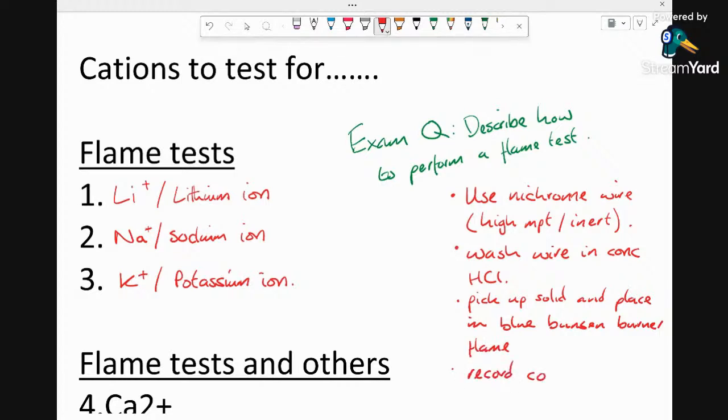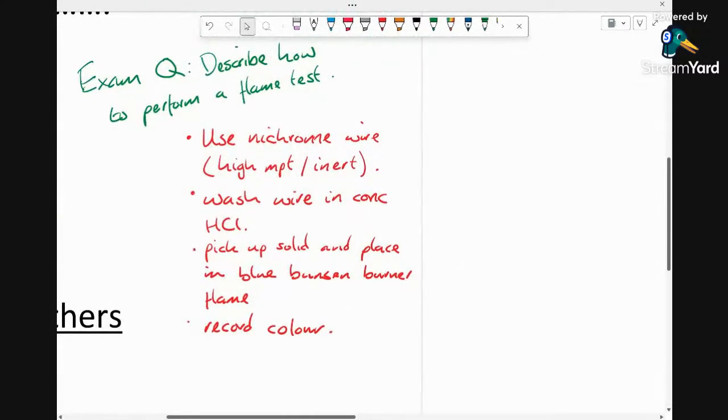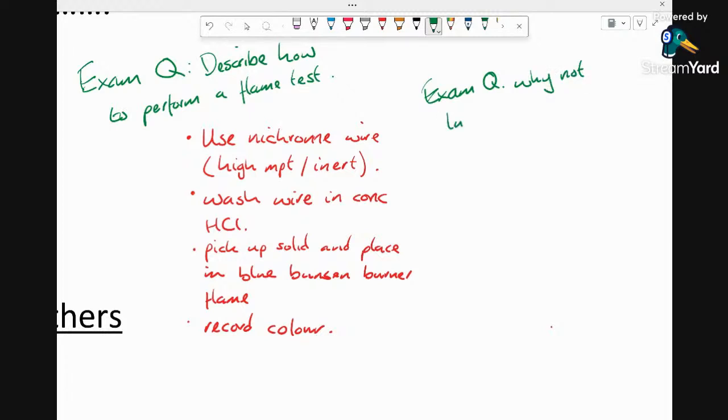Now, various spin-offs of this question exist, such as: why can't you use the luminous flame? That's another very common exam question. Luminous is a weird name, I hate that word. The luminous flame is otherwise known as the yellow flame. And the answer for this is that the yellow flame color will mask,